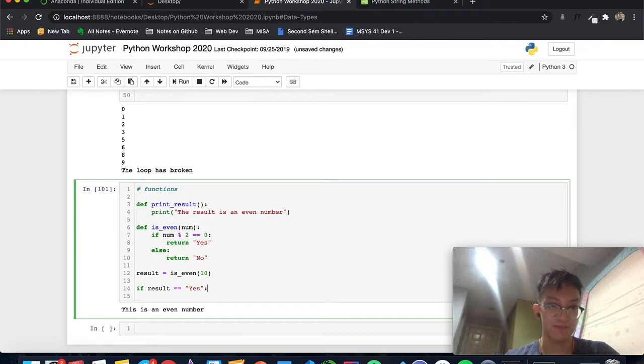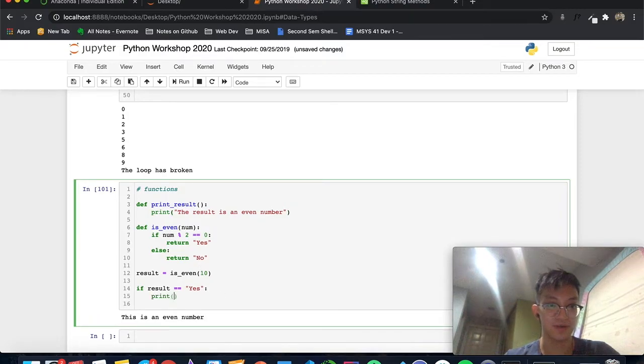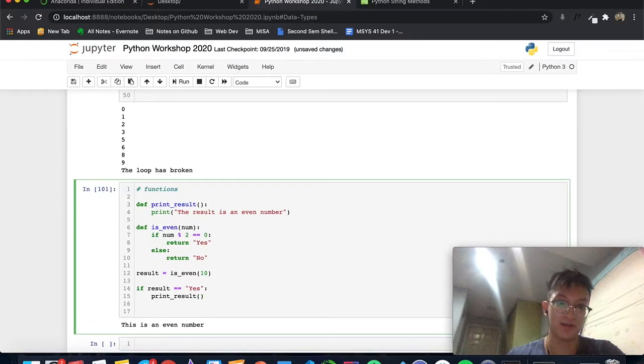Let's just say that. Print result. See, we can also use functions inside if statements or loops or whatever. Else,